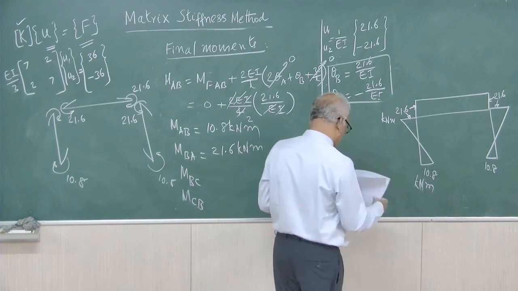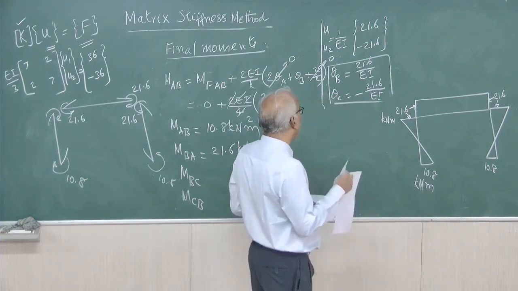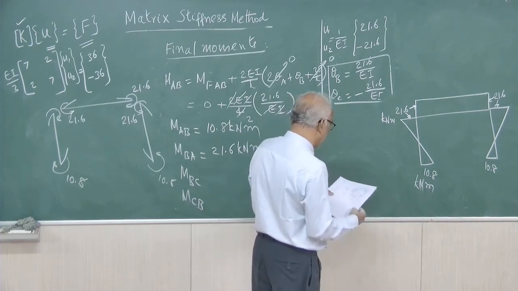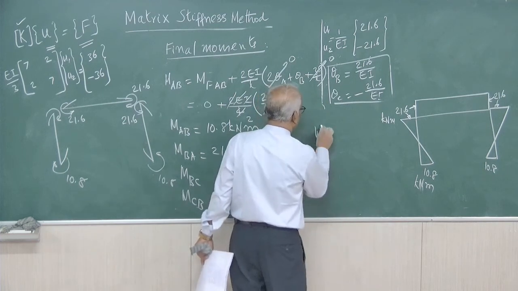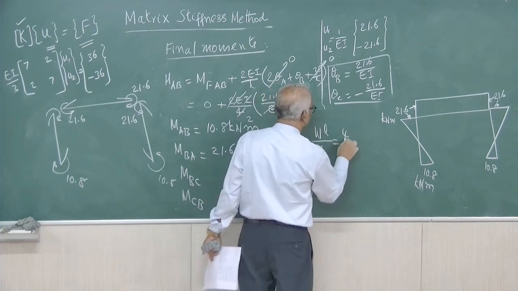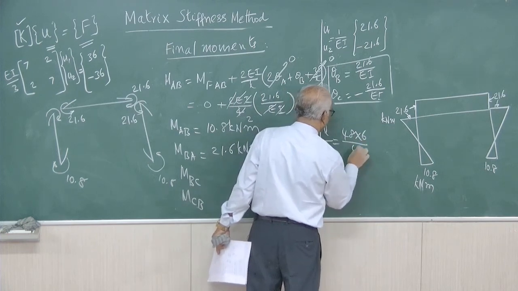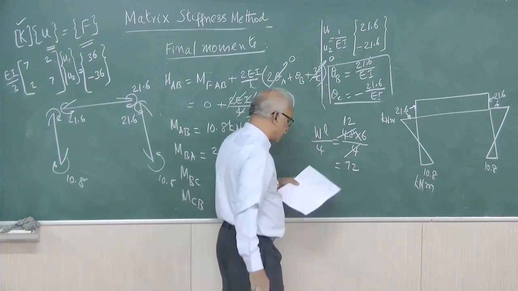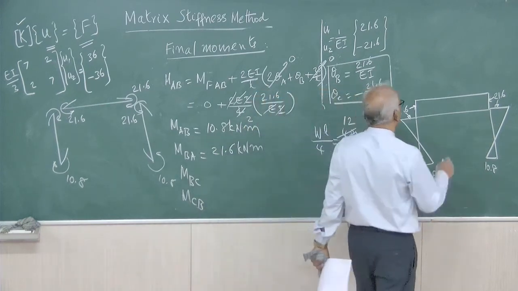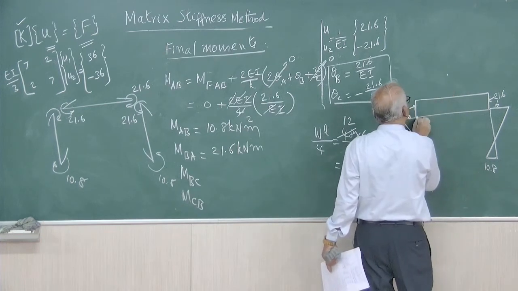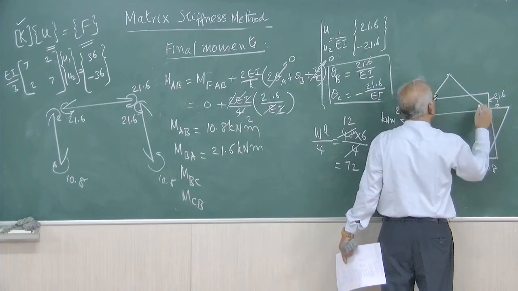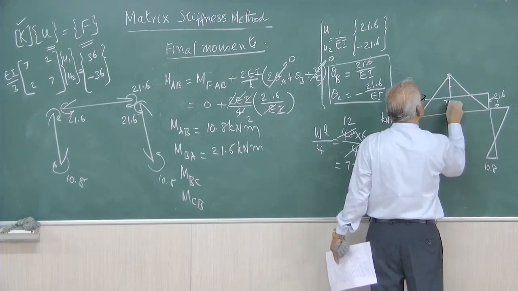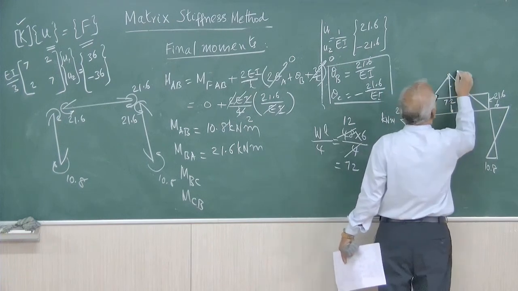Then we have to find out the simply supported moment. Only member BC is subjected to a central concentrated load. So, for which you have to apply WL by 4. W is 48, L is 6 meters, 48 into 6 by 4 will be 12 into 6 equal to 72 kilonewton meter. Therefore, here it is 72, subjected to central concentrated load. Therefore, it will be a triangle having a maximum value of 72. Of course, we can find out the net value.